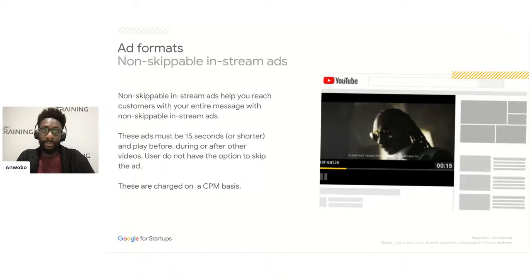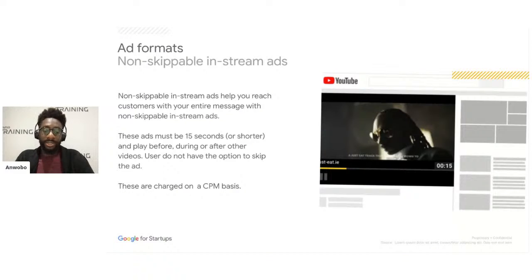Now, these ads are charged and you pay for them on a slightly different basis, because it's not a cost per view basis, because essentially every single user views this ad. So Google charge for what we call the impression here. An impression is every single time your ad loads up and is displayed to a user, because that user will then have to watch the entire ad following this. So we call it paying by impressions, we call it a CPM basis. So you're charged on the CPM.